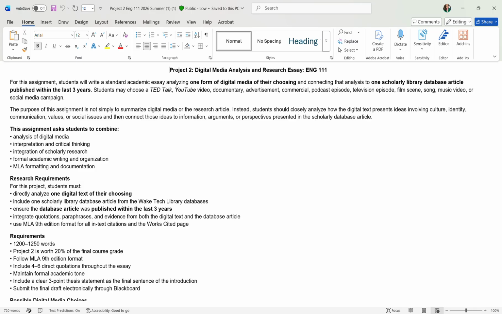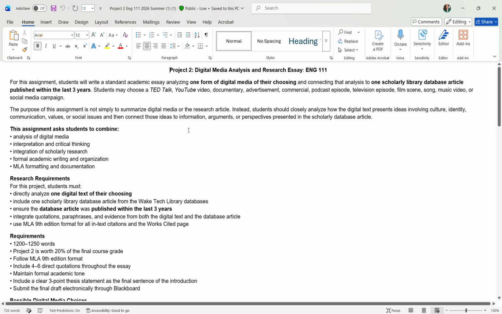You are going to analyze one form of digital media of your choosing, and you are also going to connect that piece of digital media to just one scholarly research article from the Wake Tech Library databases. So this is not just a summary assignment. You're really being asked to think critically and explain how ideas are being presented in the text, as well as